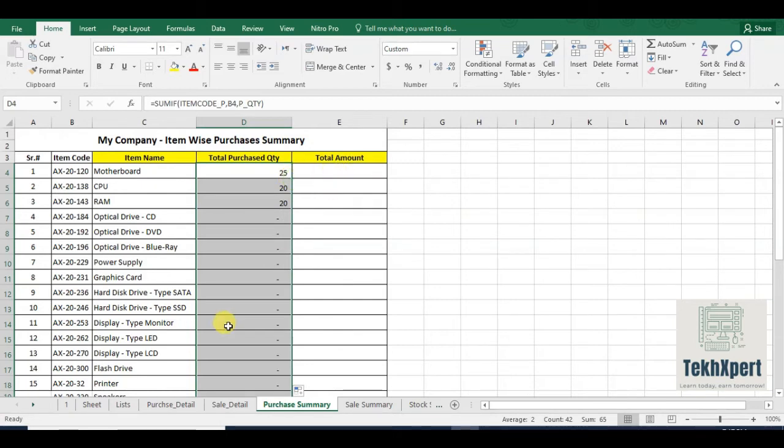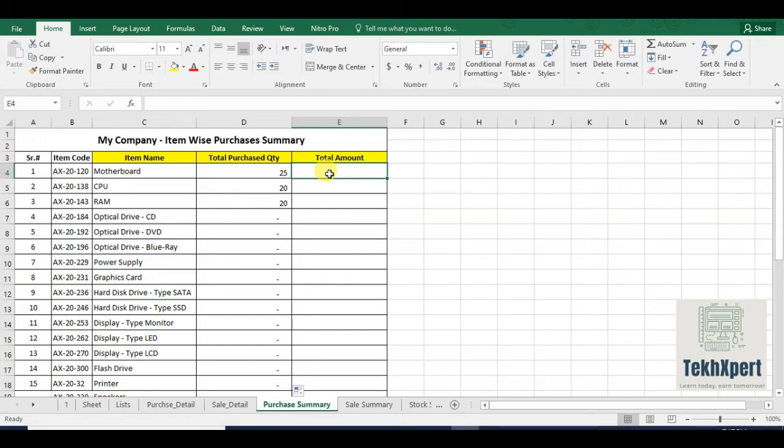Whatever is added in the purchase detail will reflect here automatically, and you do not need to check whether the function is working correctly or whether the ranges are correct, because you have applied the name to the entire columns, not to specific cells.